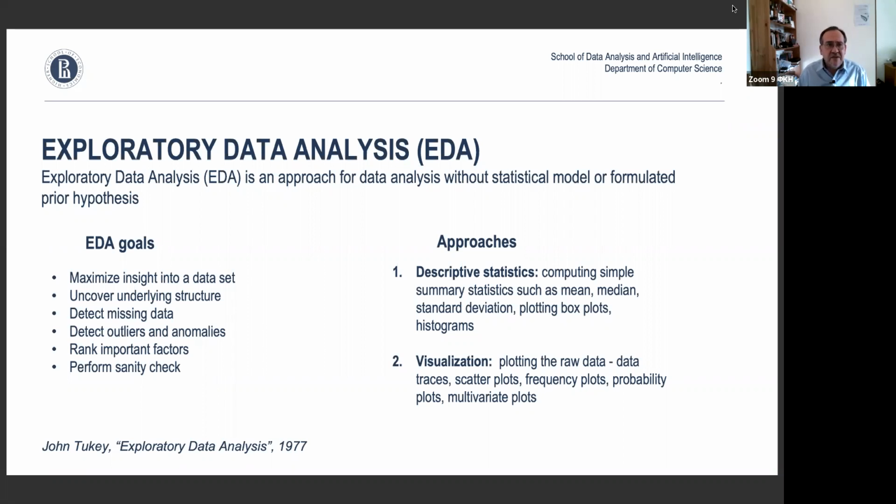And the second is very simple visualizations. Again, this is plotting the data. In many cases, you try to plot the raw data, and raw data means the way you got it. There are a bunch of different types of plots. If you go into RapidMiner, you will see probably 20 or 30 types of plots that you could possibly do. Some of them are quite useful, and we're going to talk about them today. So that's what EDA is. EDA is really an unbiased approach to your first look at the data, trying to just understand yourself what is in the data.